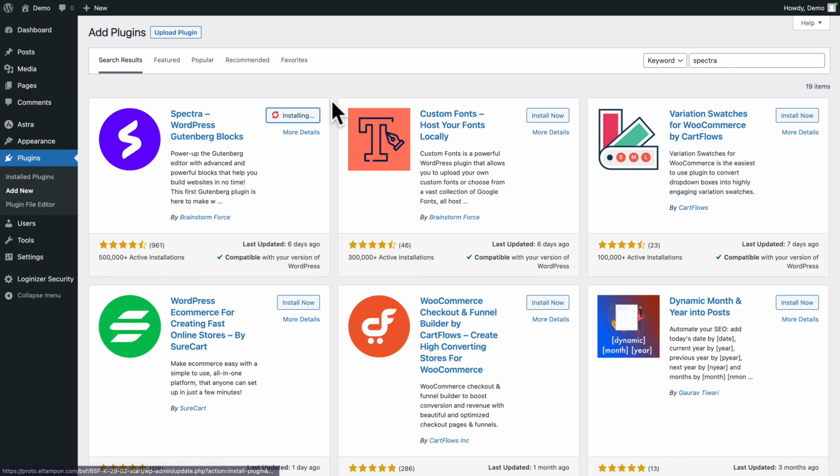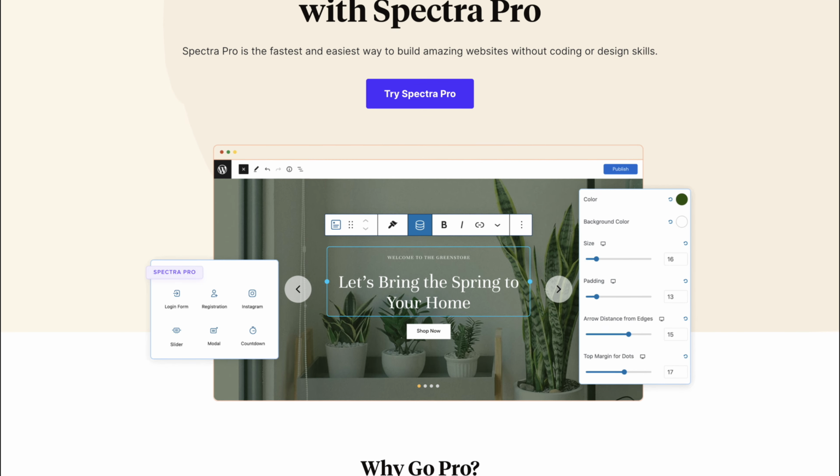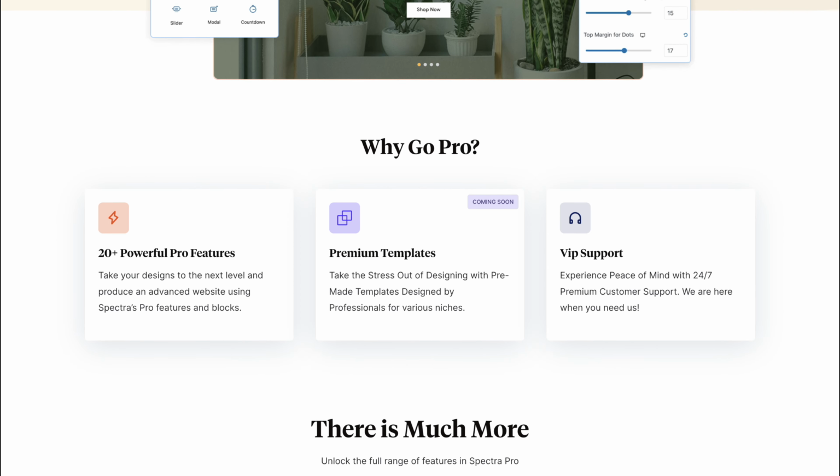Click on Install Now and Activate. You will be redirected to the dashboard, but for this tutorial we need the Pro version. You can get Spectra Pro by visiting the Spectra Pro website, and you will find a link to this page